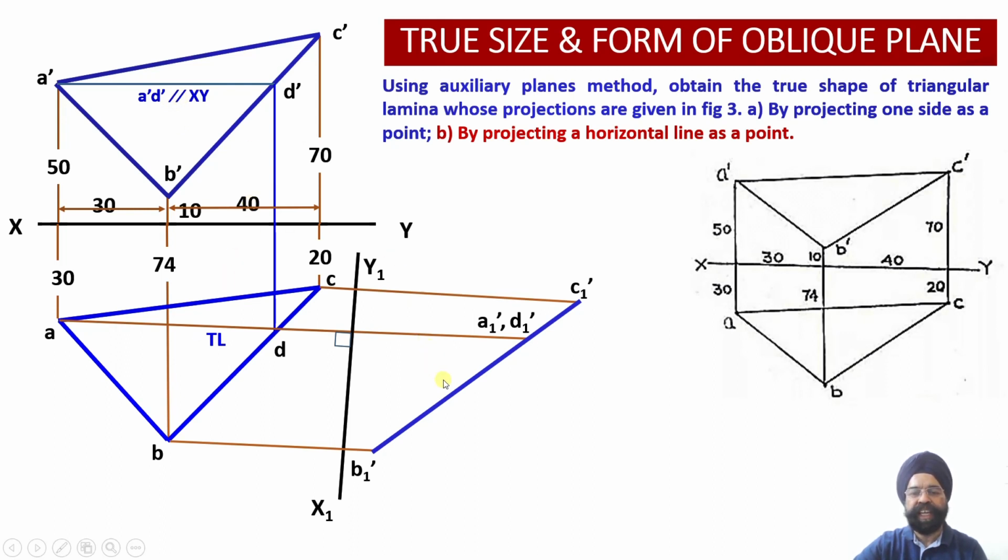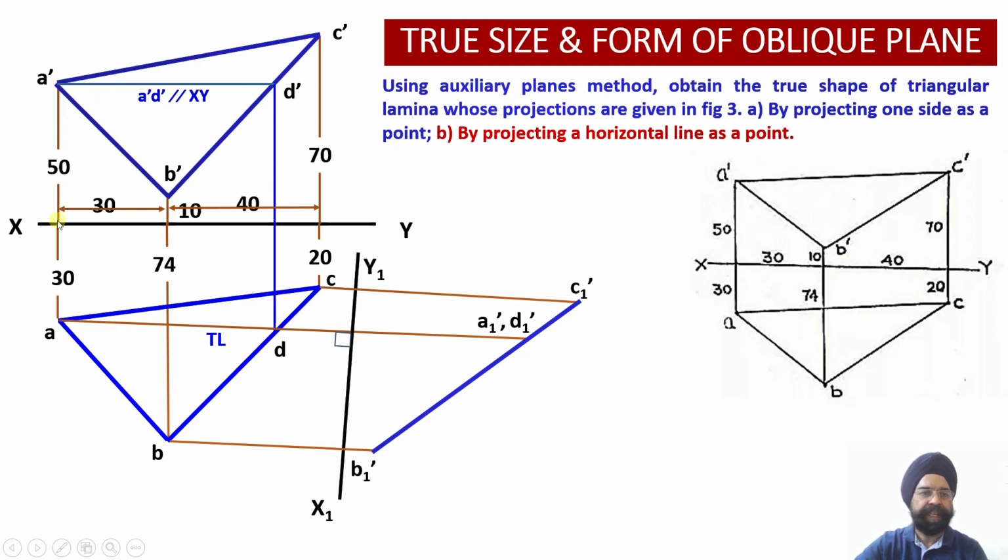So the auxiliary elevation will be drawn over here. For the auxiliary elevation, the distance of the elevation points from the intermediate XY plane will be calculated. So for point B, 10 millimeter is the distance. So this is the locus of point B. Now 10 millimeter ahead of the plane, I am going to measure.